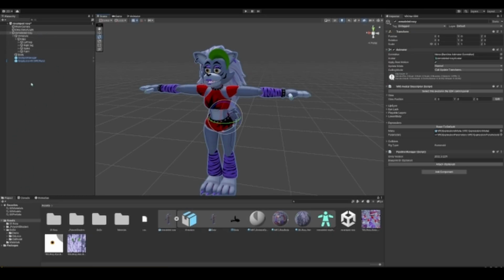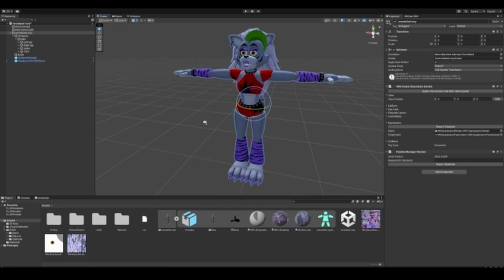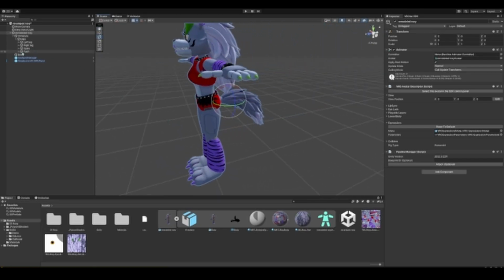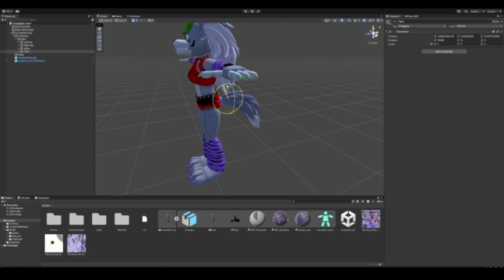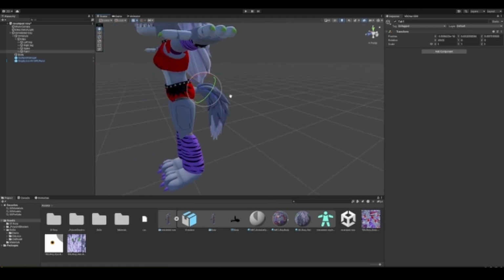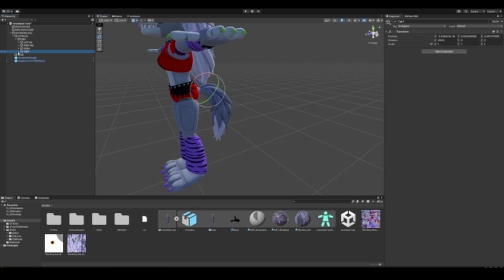And now what you want to do is add fizz bones. Now, you don't have to add fizz bones. This is just my own thing that I want to do with my characters. So I'm just repositioning her tail real quick. And what you want to do is click on the first vertice, or the first bone, click Add Component, and then look up